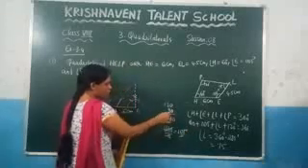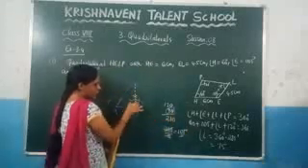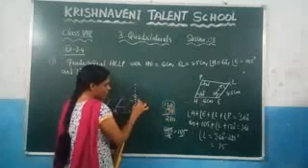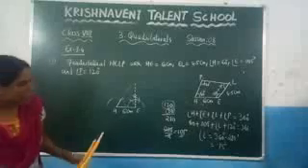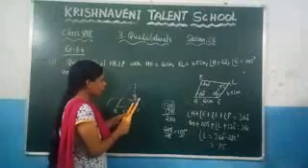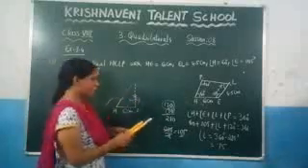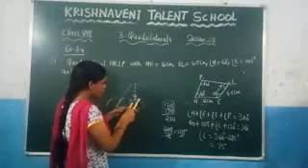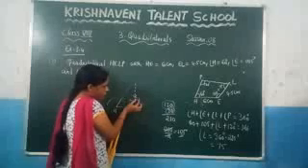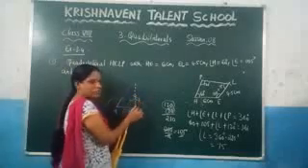So here first we have constructed 90. This is 90 and this is 120. In between these two you will get 105. So here you need to take the perpendicular bisector between these two angles. So here this is nothing but 90, this line, and this is 120. In between this range you will get 105.